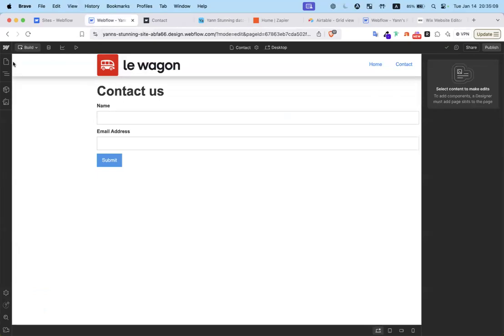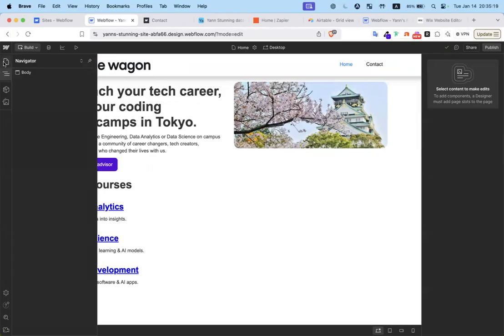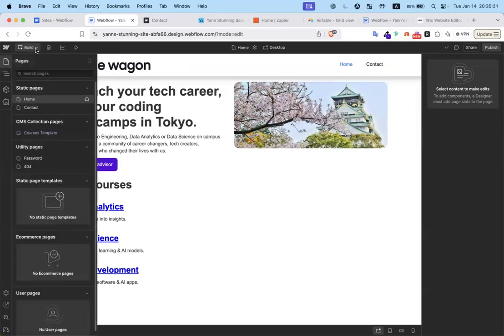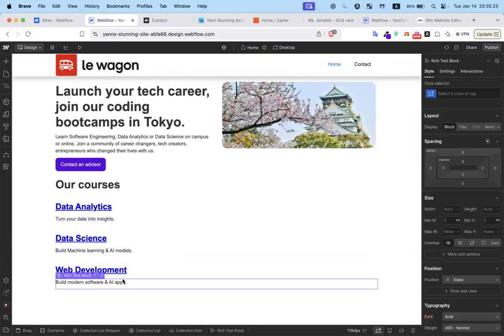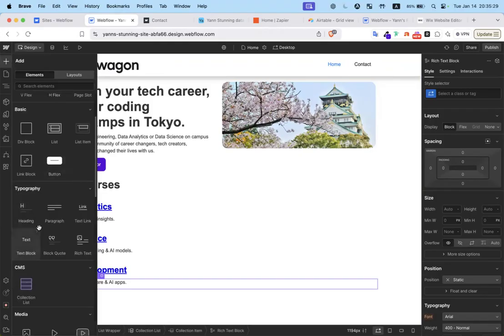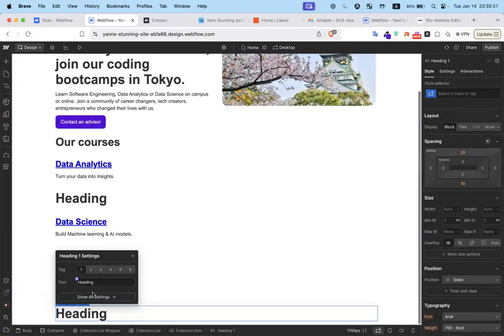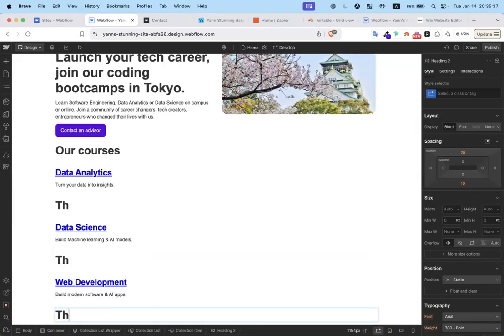And on Webflow, I don't know if it makes so much sense, but I want to do that. I would like, at the bottom of my page, to have a list. So I'm going to go back to design here. On the bottom of my pages, I would like to have a list of all the students that have registered to the Wagon through the contact us, right? So something like they